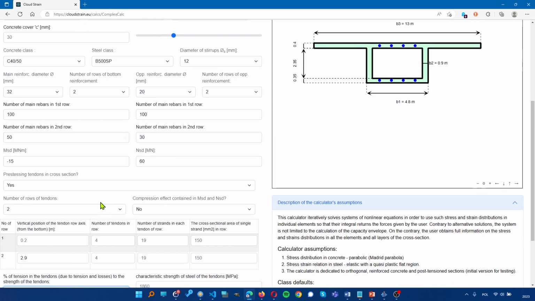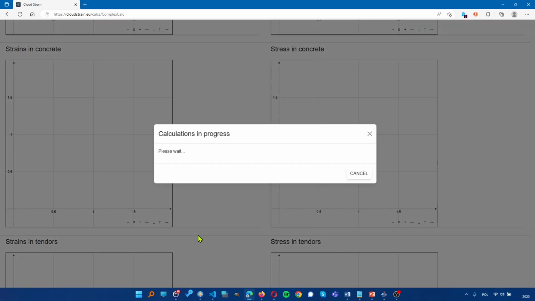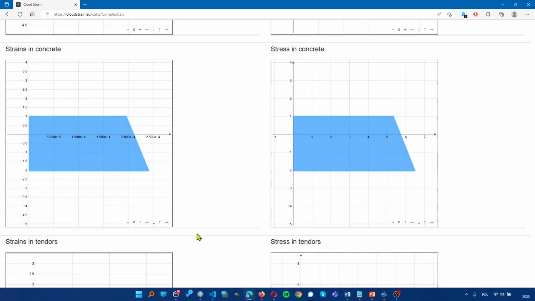And the CloudStrain asks us whether the prestressing effect is contained in those two values of bending moment and axial force. I'll select false. Usually, when you're calculating, let's say, a bridge, the prestressing effect is already contained, so appropriate correction of the computation will be performed by the CloudStrain computational backend system to provide appropriate results. So now when I click the calculate button,